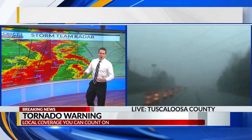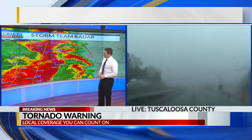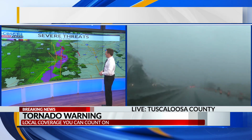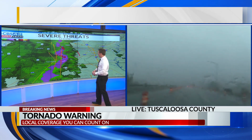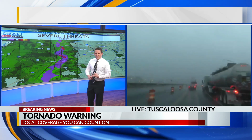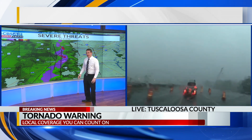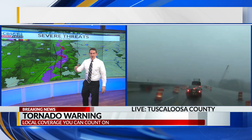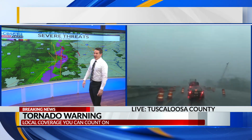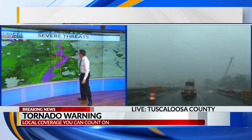So all the products that we have to look at these storms, obviously reflectivity, a good one, our storm relative velocity. We have a proprietary product from Baron that gives us a good look at the whole storm, the threats that we have from these storms. Where you see the purple shaded region, that's hail. We could see anywhere from a quarter, three-quarters of an inch to an inch to possibly 1.25 inches hail with some of these storms. And where you see the red, where that tornado warning is, that's where you have the